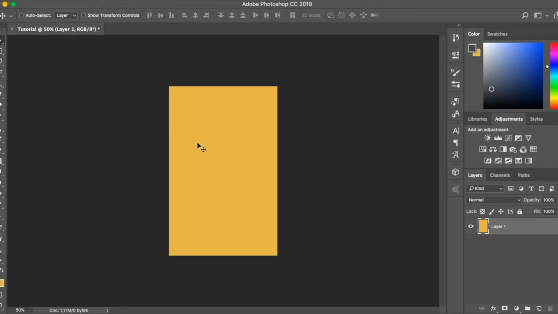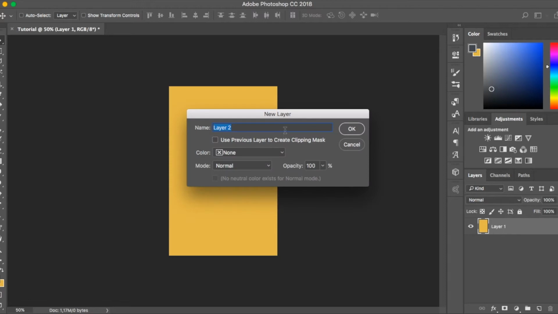So I'm going to do Command Shift N, which creates a new layer. I never name my layers. It's a really bad habit. I know a lot of people do, the more professional people do it, and they usually advise it, but honestly, I find it so much work. I've actually never changed